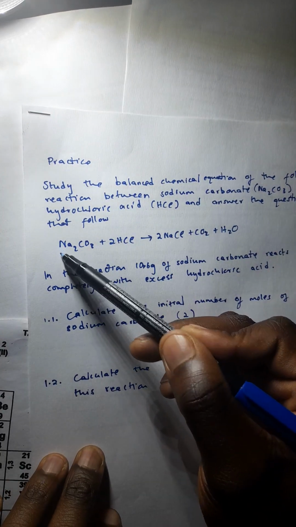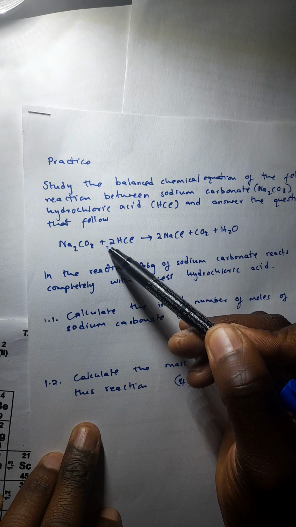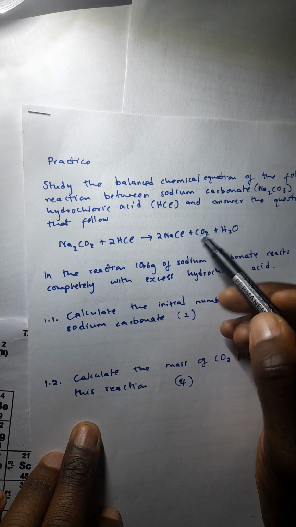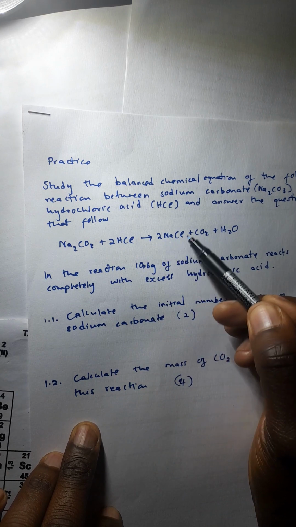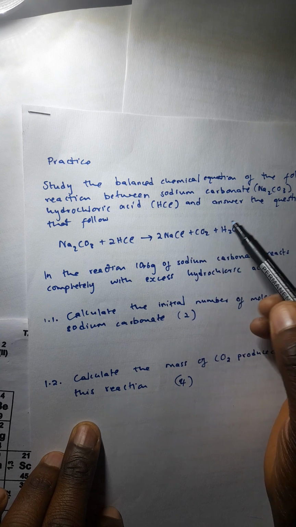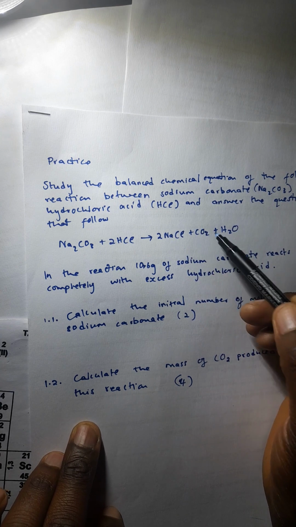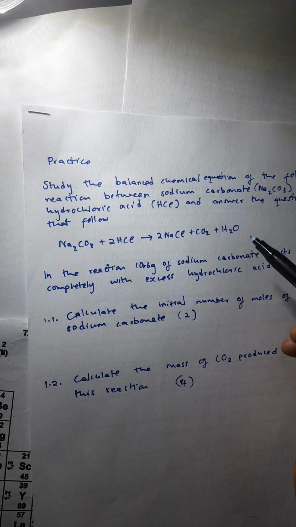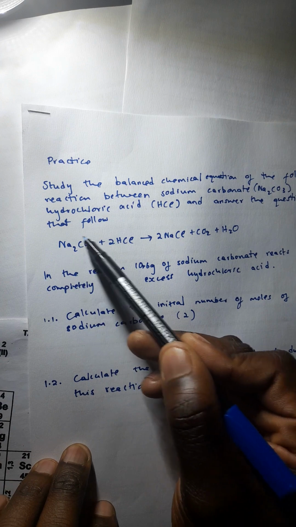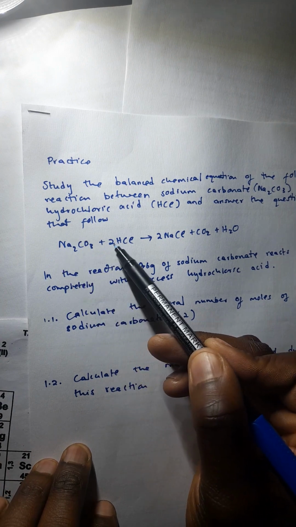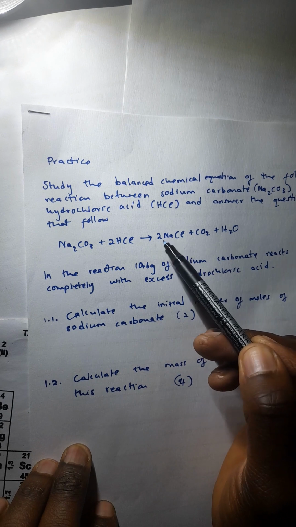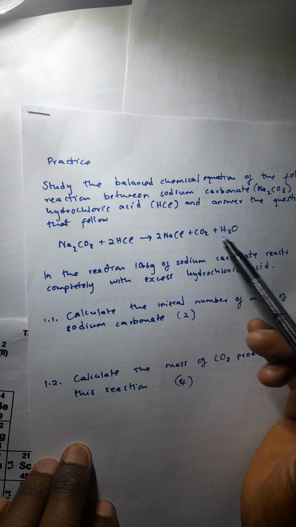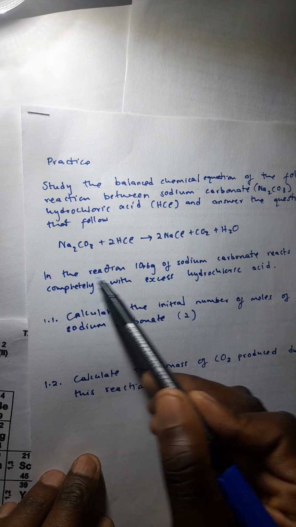It says 1 mole of sodium carbonate reacts with 2 moles of hydrochloric acid. They didn't give us the phases, ignore it for now. And then it produces 2 moles of sodium chloride, we know this is table salt, plus 1 mole of carbon dioxide plus 1 mole of water molecule. Let me repeat it. 1 mole of sodium carbonate reacts with 2 moles of hydrochloric acid to give you 2 moles of sodium chloride plus 1 mole of carbon dioxide plus 1 mole of water. Now the reaction